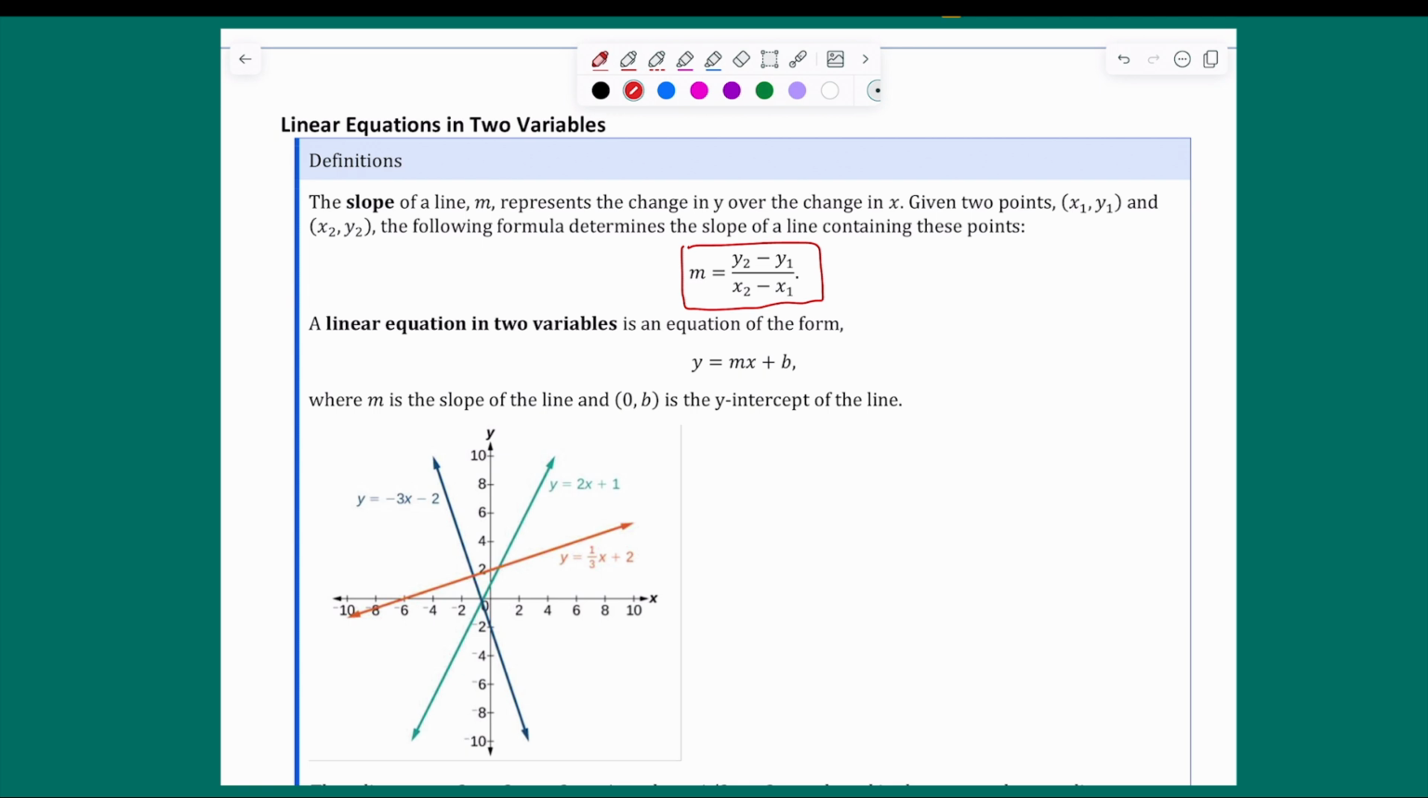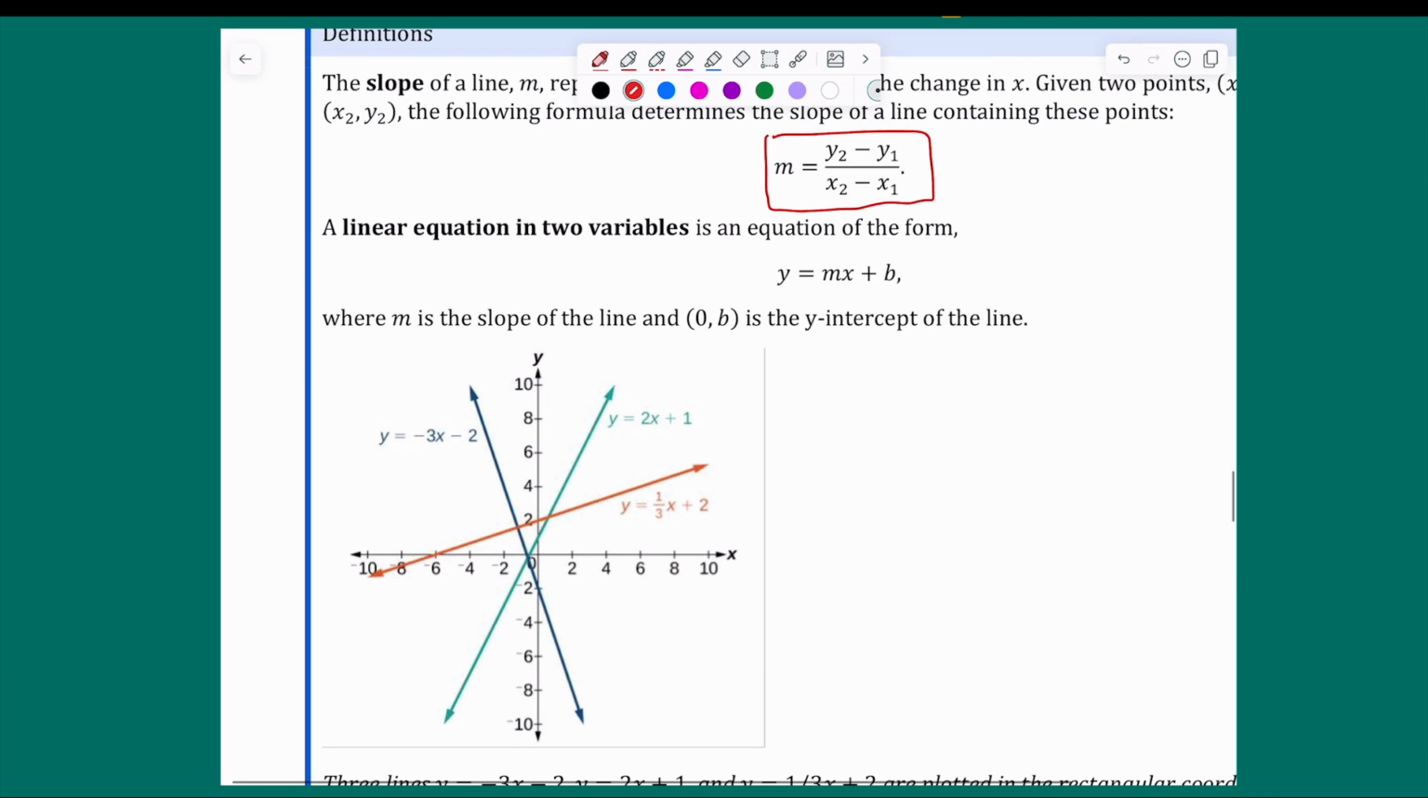Okay, so a linear equation in two variables can be written in the form y equals mx plus b, where m is the slope of the line, and the ordered pair (0, b) is the y-intercept of the line. And so if we zoom in on this picture here, let's take a look at the line y equals 2x plus 1. You can see that it has a y-intercept at (0, 1), and roughly it has a slope